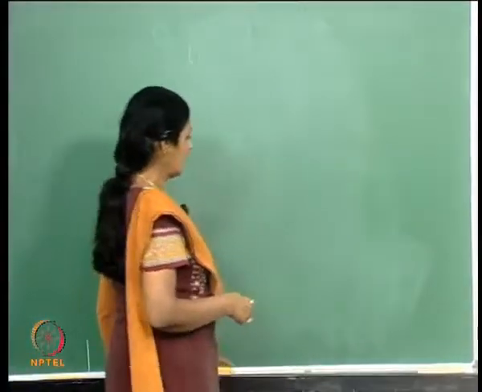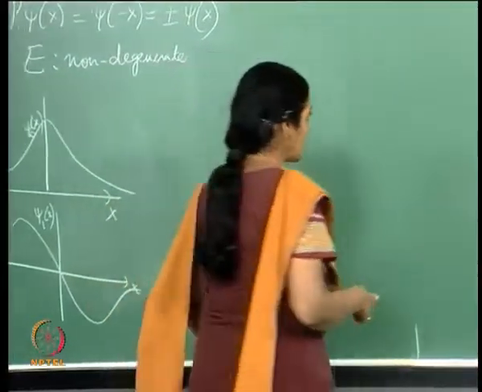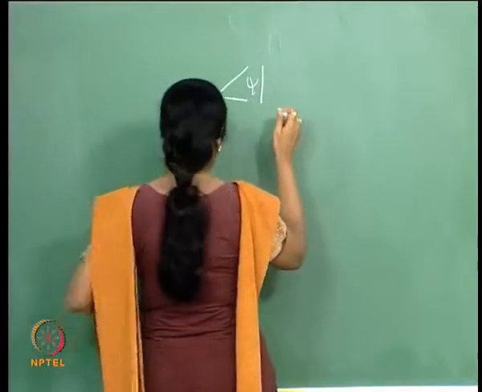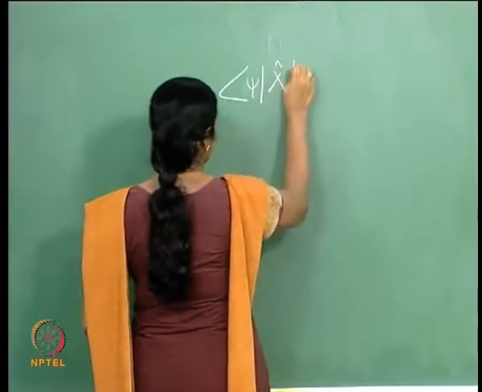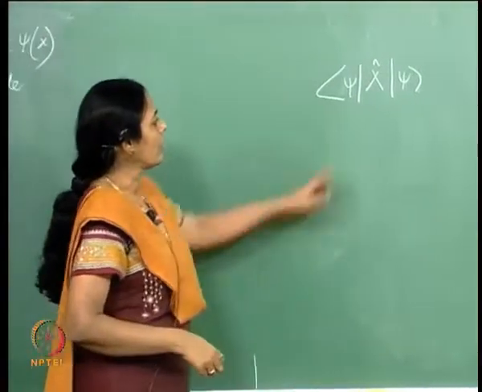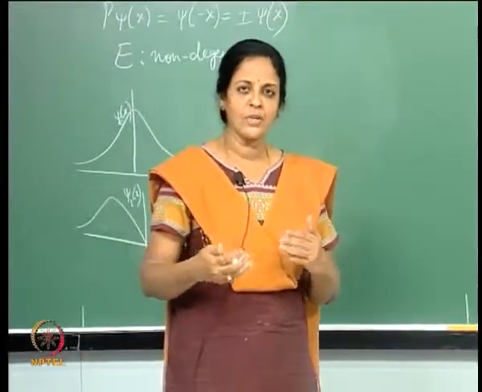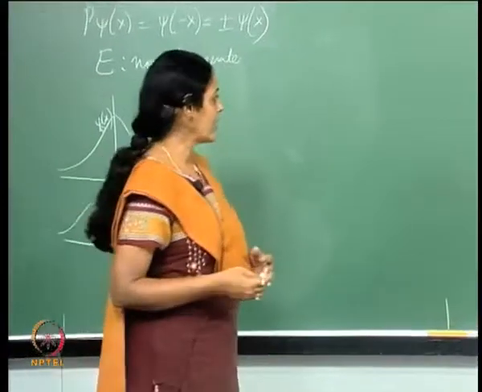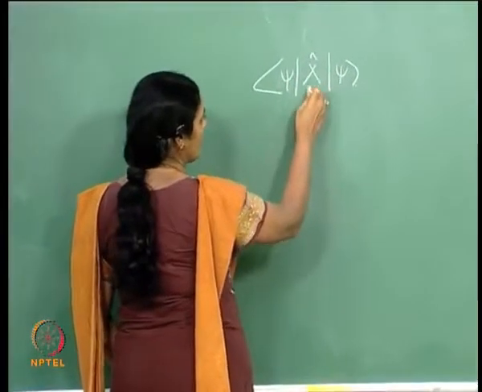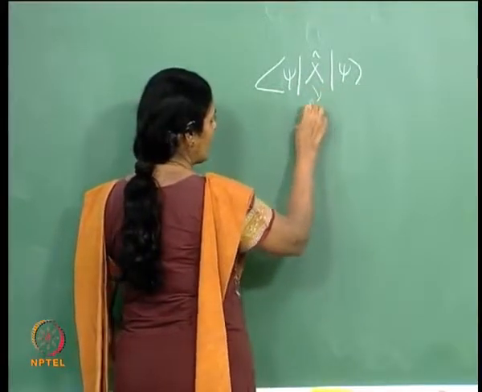Now let us look at the harmonic oscillator operators. So what is the mean value of x in any state psi? I would normally have written bra psi x ket psi. In the case of the oscillator, you will recall that I wrote x as a plus a dagger by root 2 and worked out the calculation by finding the effect of a on ket psi and a dagger on ket psi. But instead I could now write the whole thing as functions of x. This, as we said, was simply the identity operator apart from x,